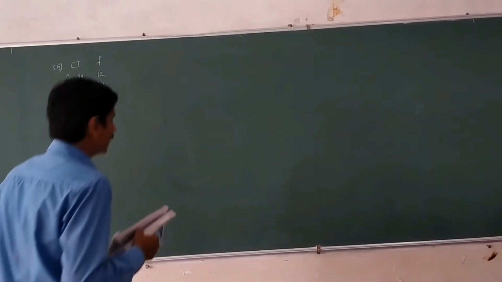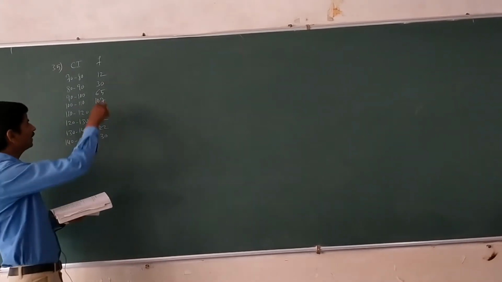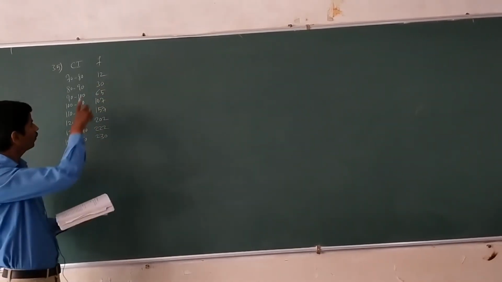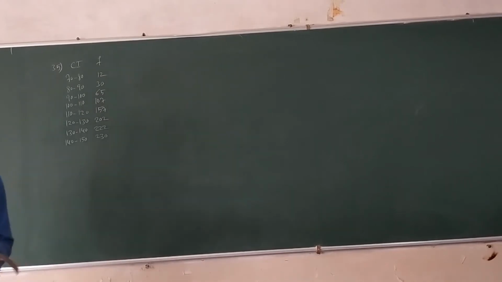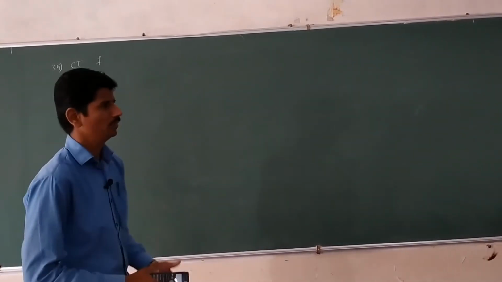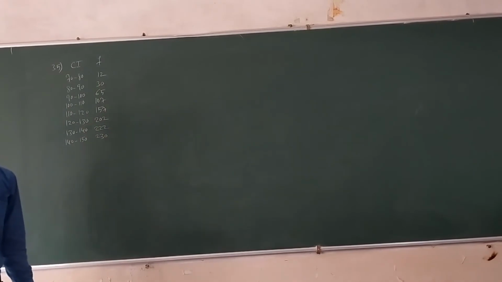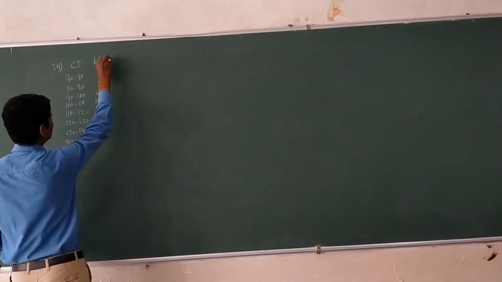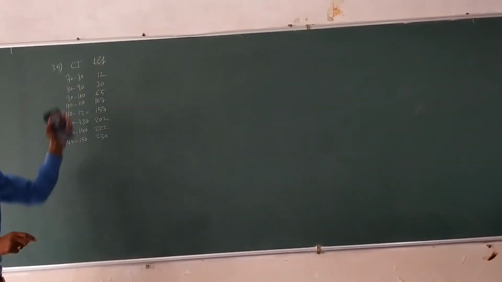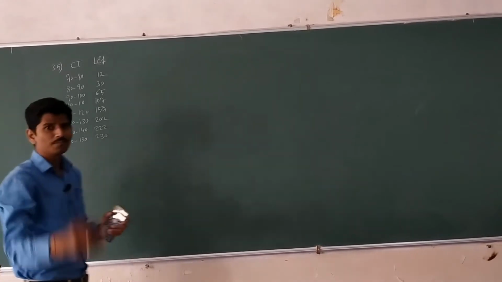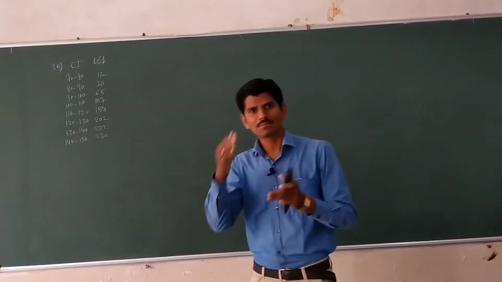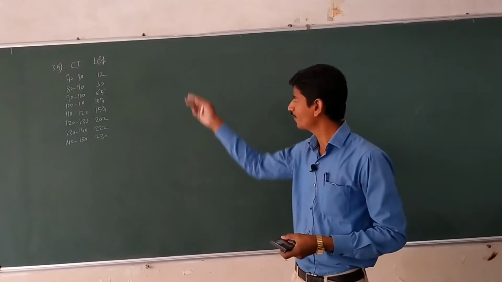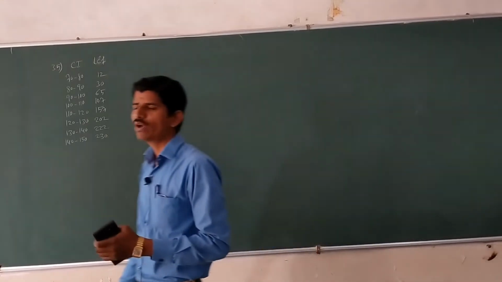Here the values are in increasing order. The frequencies are always in increasing or decreasing order. Means here they are given LCF values, these are LCF values, not frequencies. LCF is always in increasing order, and MCF is always in decreasing order. Here they are given LCF, and we want MCF values.